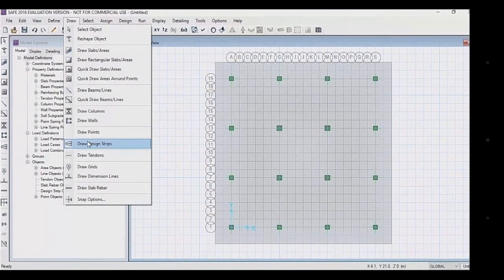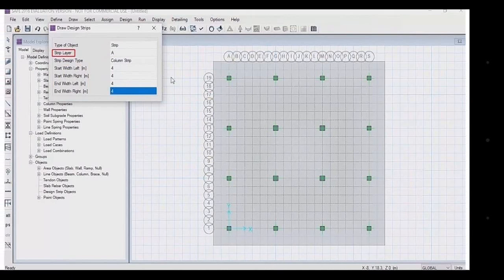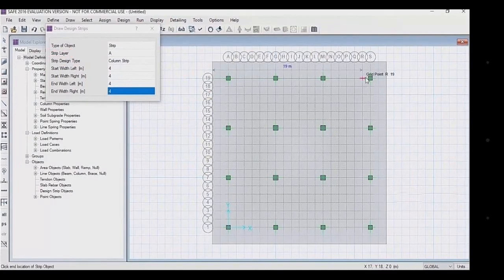After that, we have to draw design strips. Then for that, click on draw menu, then click on draw design strips, then change the start width, left width, start width and end width to 4 as we calculate later. And strip layer should be A, strip layer A means in X direction. Now draw your strip layer.